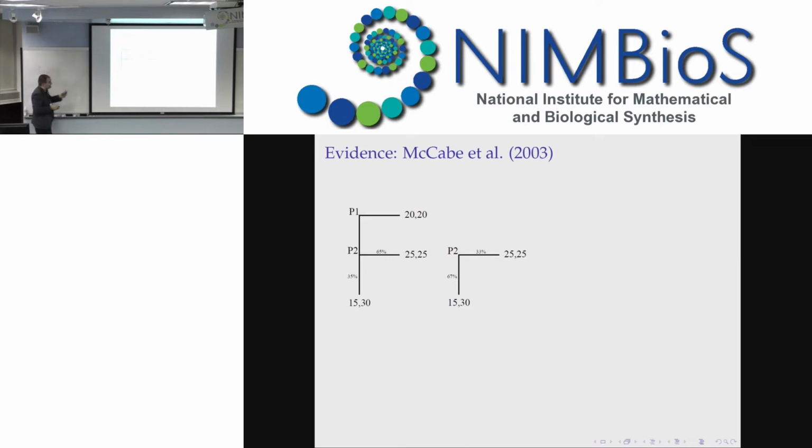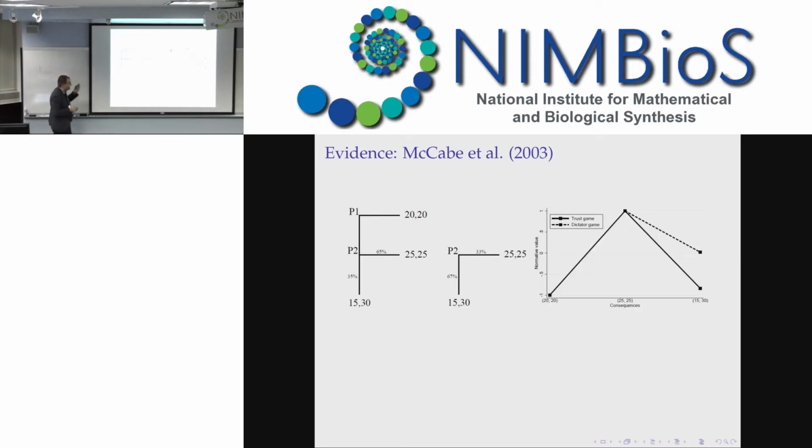Okay, so with this case that I already showed you, which used to be explained by reciprocity, we propose another explanation. Since our norm depends on all consequences that exist in the game, here essentially what happens is that if you play this game without the move of the first player, the appropriatenesses of the two consequences change because of the absence of this one. And this qualitatively predicts this shift in behavior that we observe